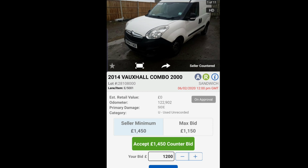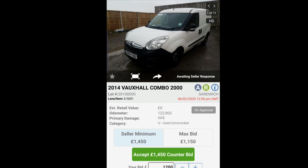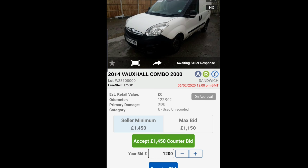Now, do I up my bid or not? Do I want to go to 12? Interesting. Decided against upping my bid. I've stuck to my guns. I'm staying at 1150. Now, with the age and the condition of the van, with the mileage as well,